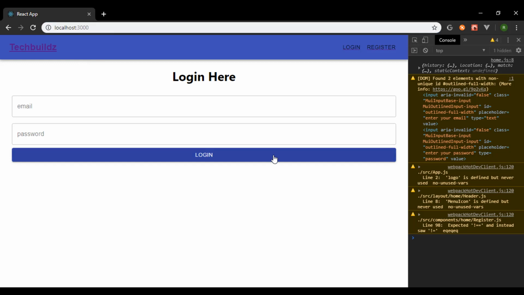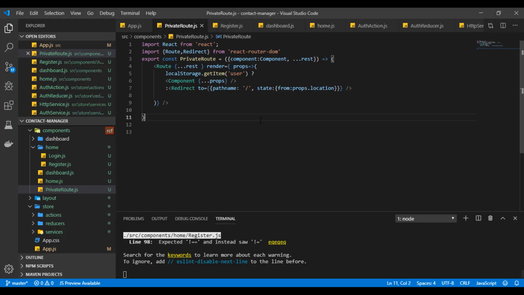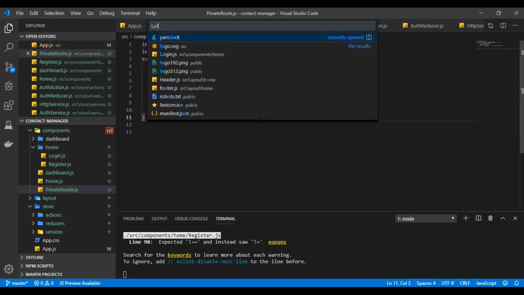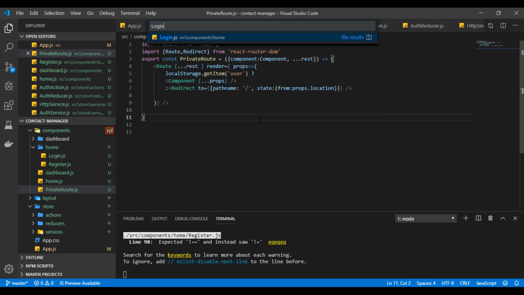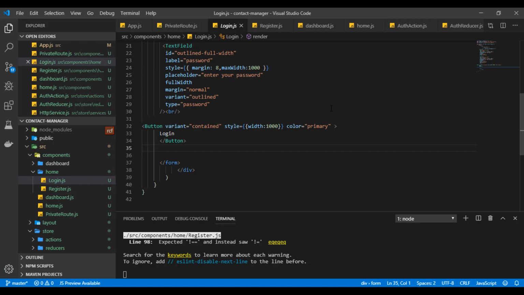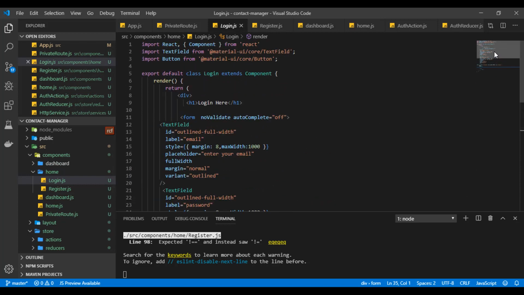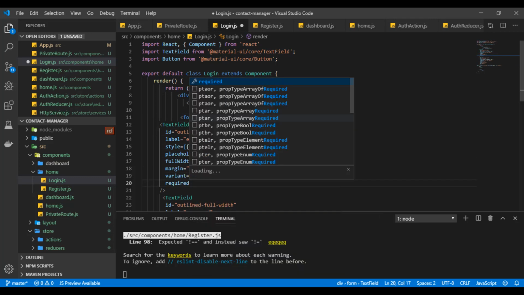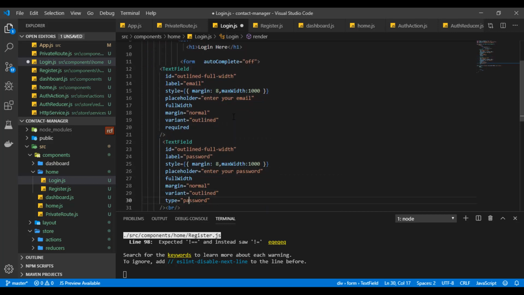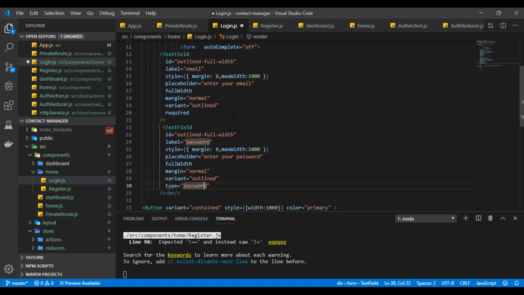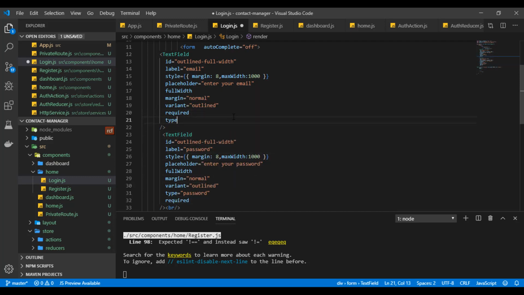All right, so now let's head back into our app.js and go to our login component, and time to log in our user. So the first thing we are going to do is get rid of this noValidate. All right, and we are going to add required here, so that this is required for the email as well as for the password too. This is required, and this should be type of email,